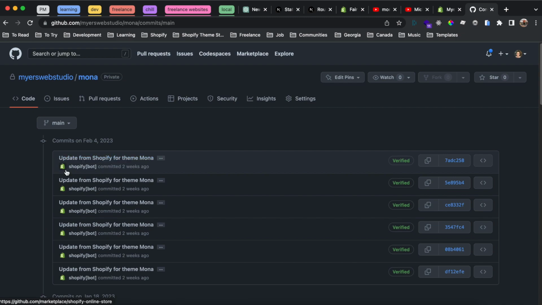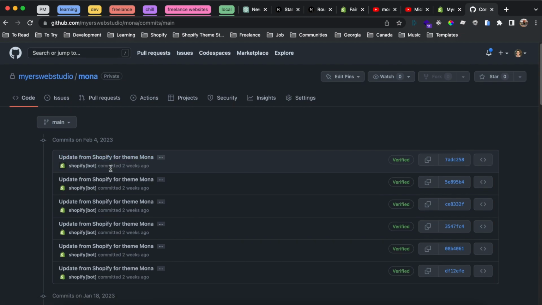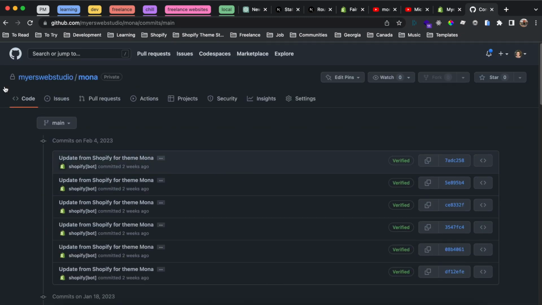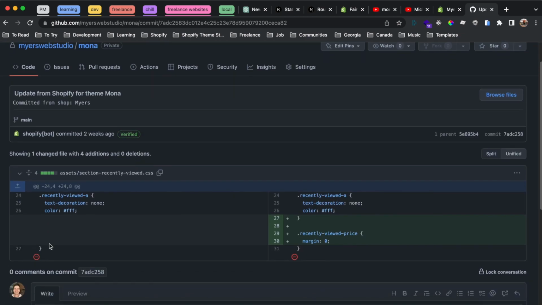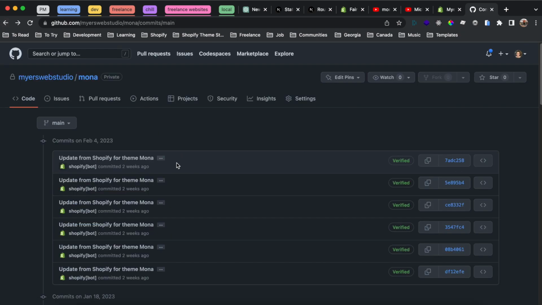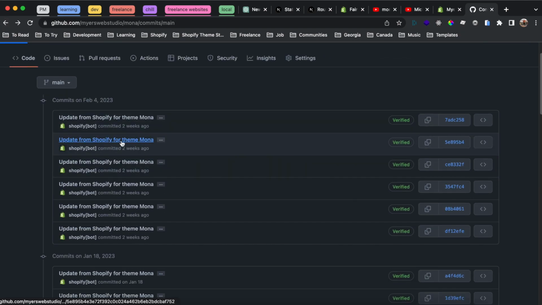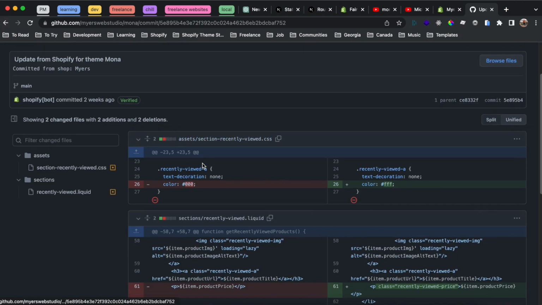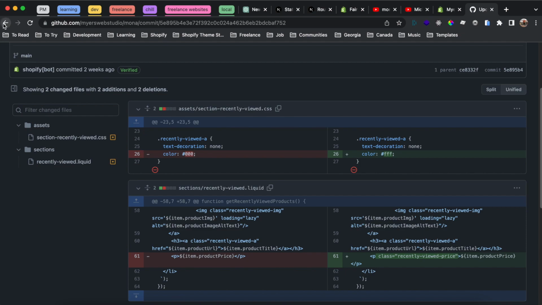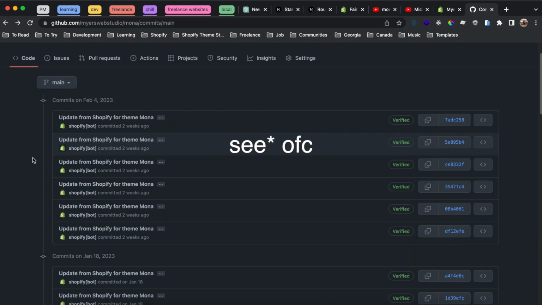Here are the commits that my theme has. You can see the latest commit was just an update from Shopify for a theme. Let's go here, and you can see that these are the changes I made here. I added a recently viewed price with margin 0. Okay, and we can see every commit, and we can understand